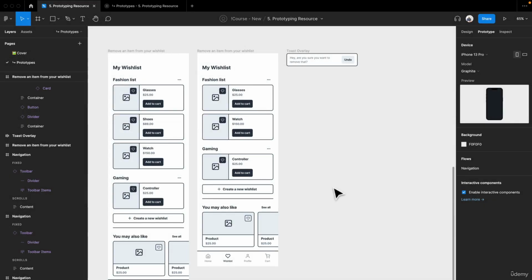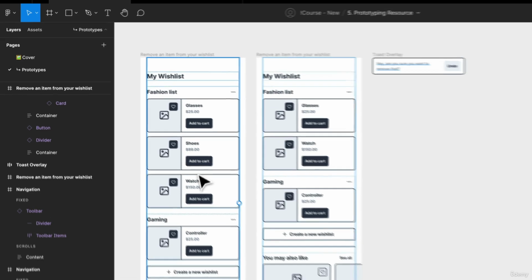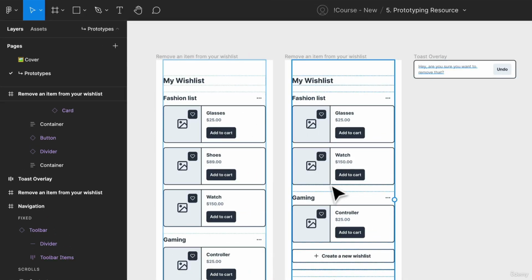We are going to be creating a pretty cool prototype here where we're going to remove an item from our wish list. And it's pretty easy to do actually. Let's jump right in. We're going to be using Smart Animate, and Smart Animate is going to allow us to do a bunch of cool things, like animate all this content shifting upwards as we remove